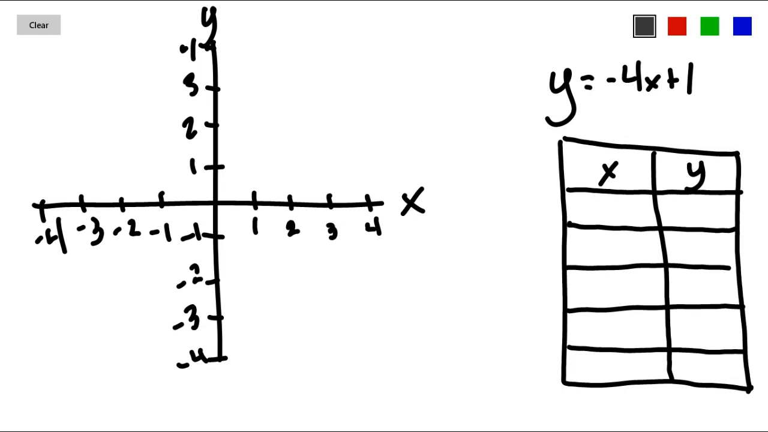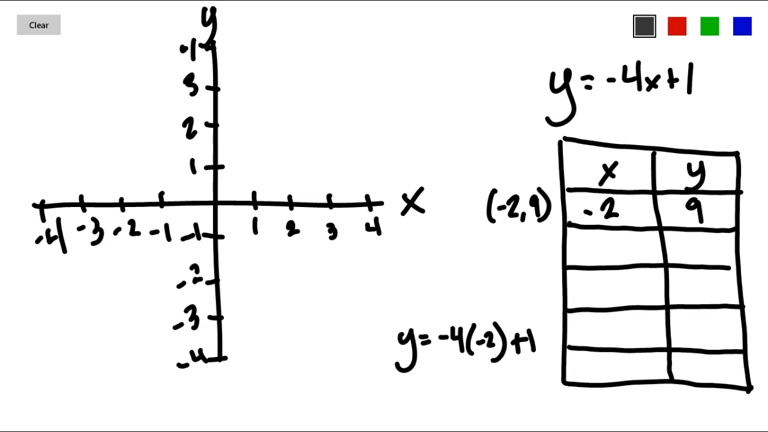So if I had x is equal to negative 2, what am I going to get for y? So it's going to be y is equal to negative 4 times negative 2 plus 1. And that gives me a y value of 9. So what this corresponds to is an ordered pair at the point (-2, 9). Now that's a little bit too big for this graph, so I'm not going to be able to graph this one. But if I move on to x is equal to negative 1, then I plug in